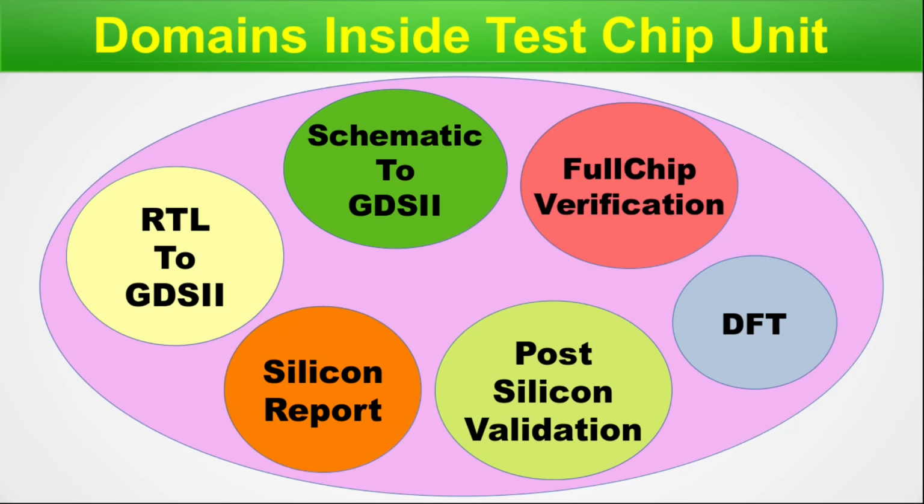Preparing the silicon report is the final domain. Here you list out software versus silicon results across various dies and PVTs. Generally, the figures of merit are captured in the silicon report. This is the highest experience level. You cannot join as a fresher at this stage. This requires a lot of on-the-job experience over multiple years. The reason is that the silicon report goes to the customer and it has a direct impact on the business relationship, whether with an existing customer or in winning a completely new customer. We are done with this particular slide, so let's move on.